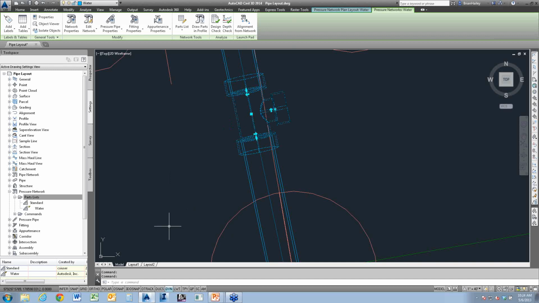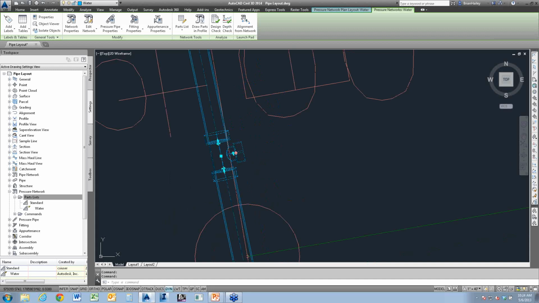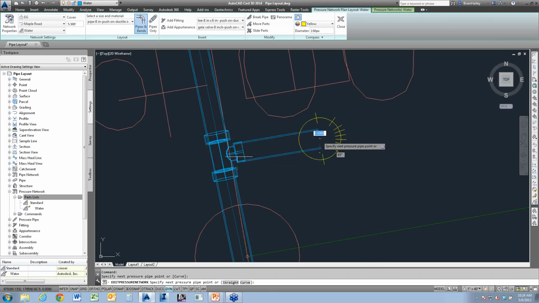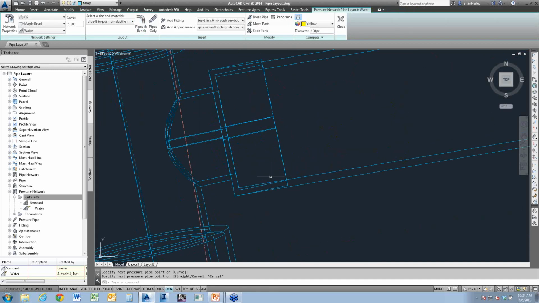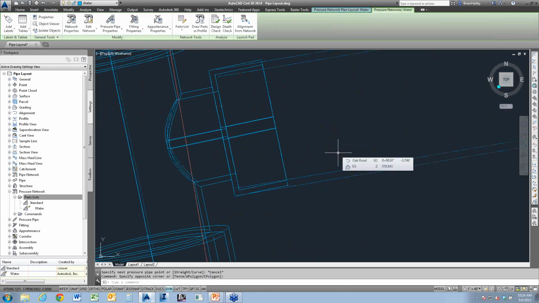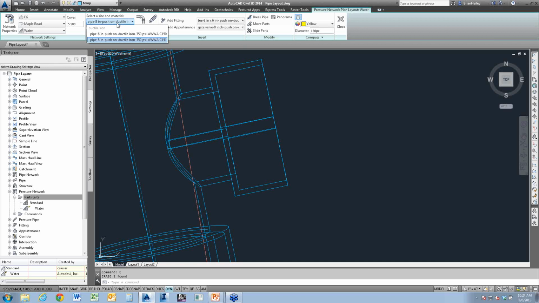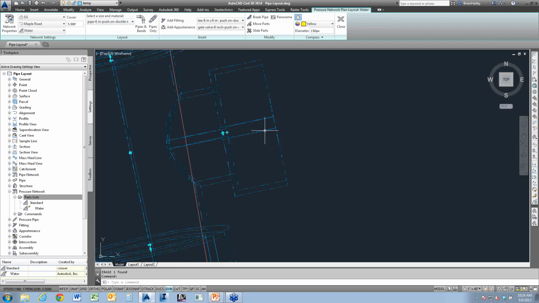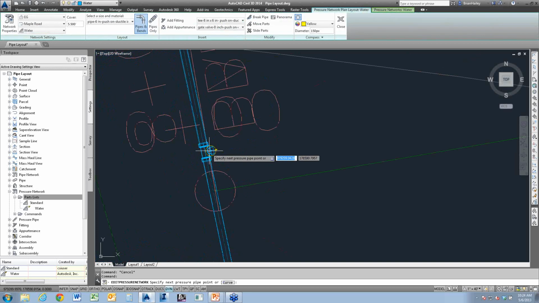Now this is going to be a 6-inch pipe. If I simply hit the plus symbol here, what happens is it puts in an 8-inch pipe, which as you can see doesn't fit. So whenever you're using a little plus, you need to make sure that you set the correct pipe size up top here. So I'm going to set that to a 6-inch pipe, grab the fitting again, and now I can continue laying out my pipe here.